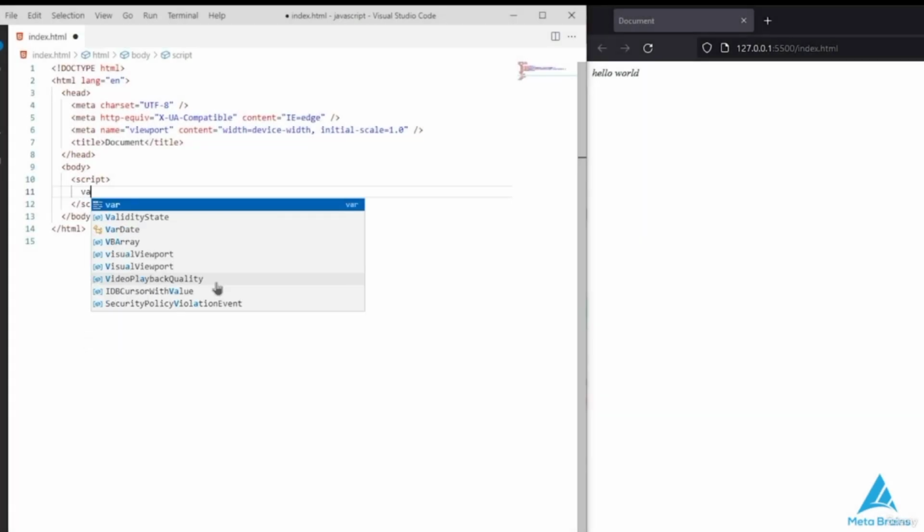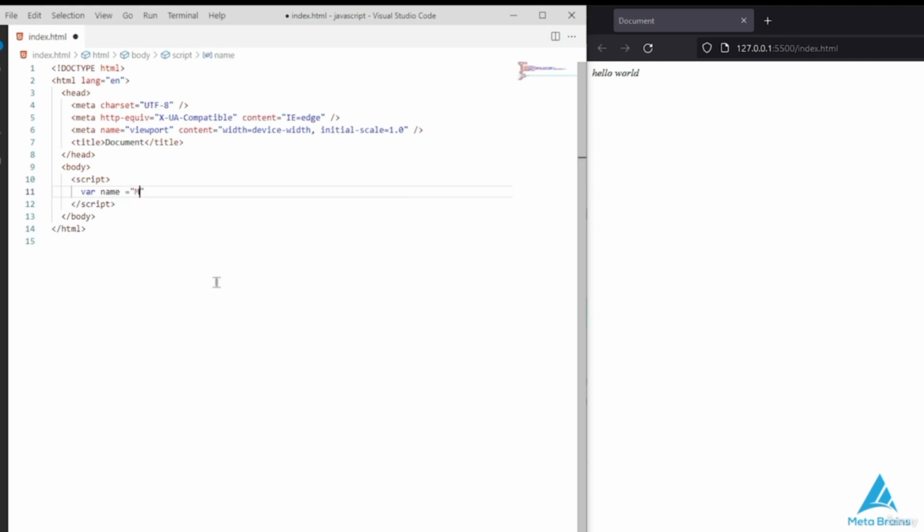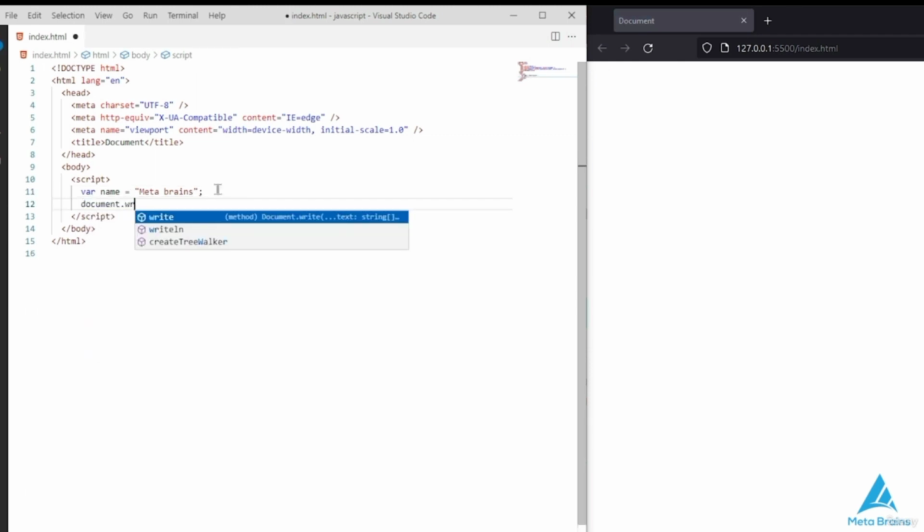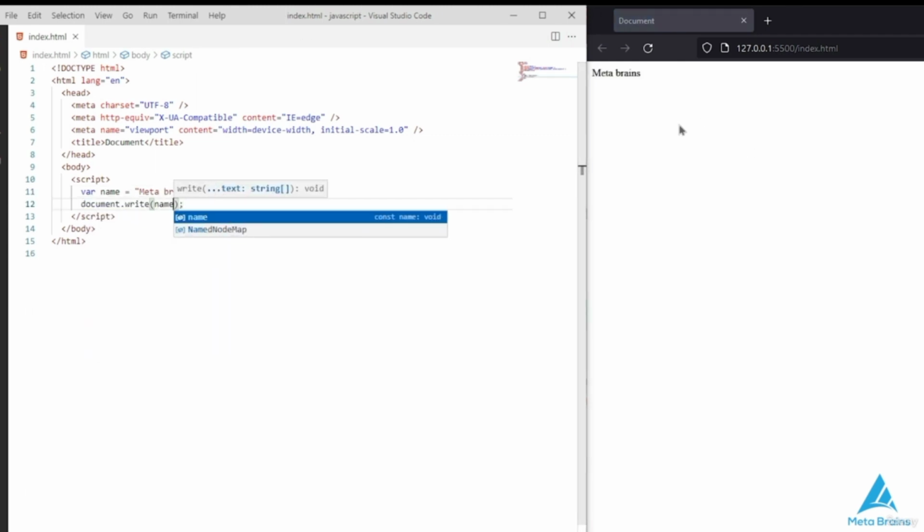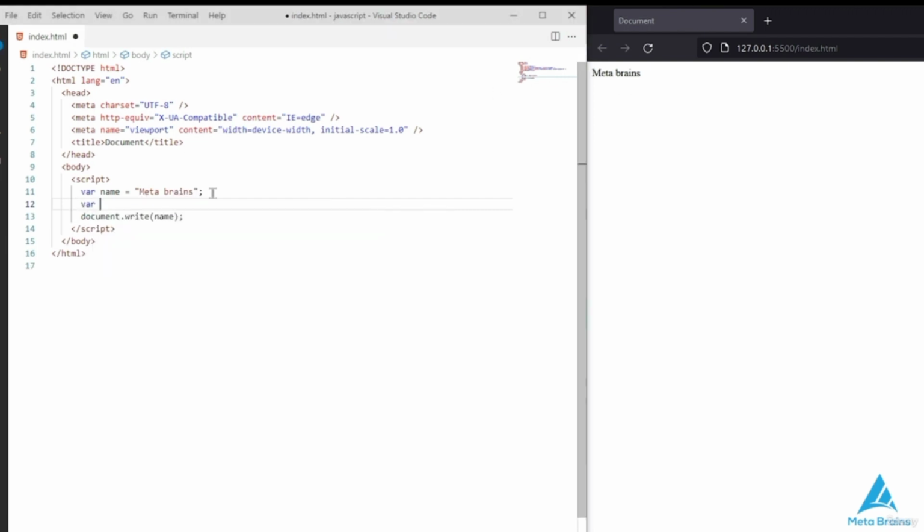Alright, so go to VS Code, take some variables of var type, and assign values to them. Example, MetaBrains. Save it. Now, if you want to override this value, write var and assign name, example, nothing, and save it. It will update and print nothing. Alright, I'll override this value without declaring it, example, hello everyone, and save it. It will print this. You can assign three different variables, for example, the second, and here name it 2